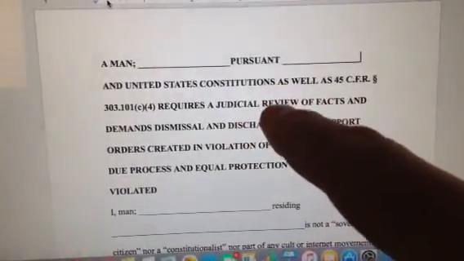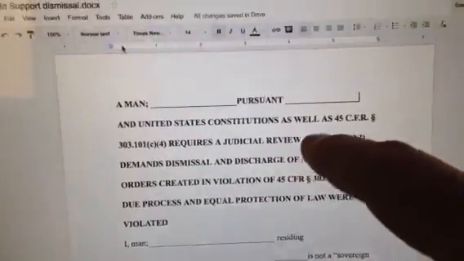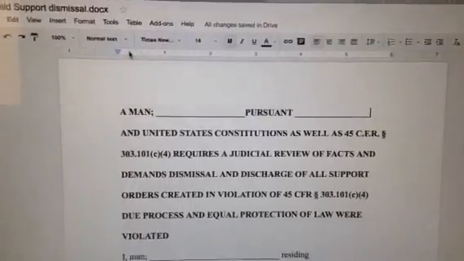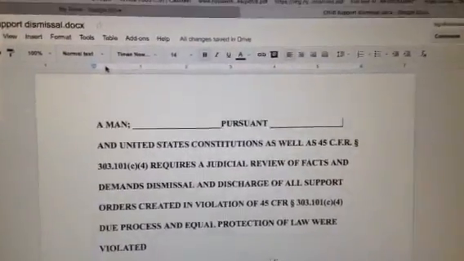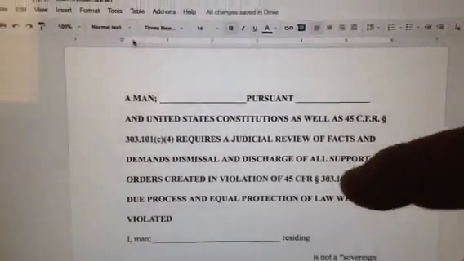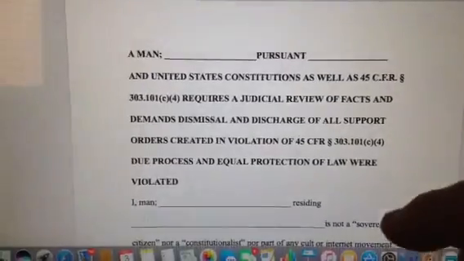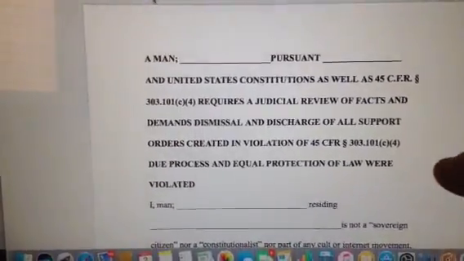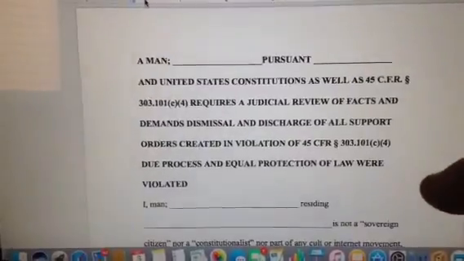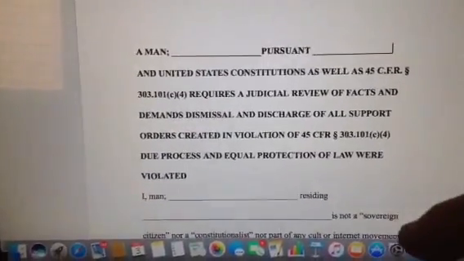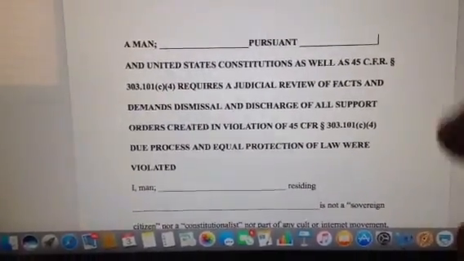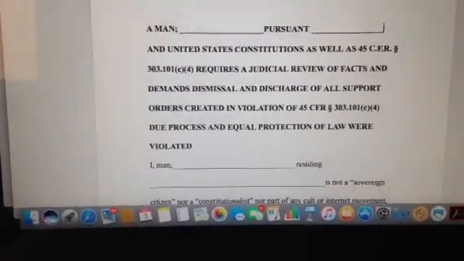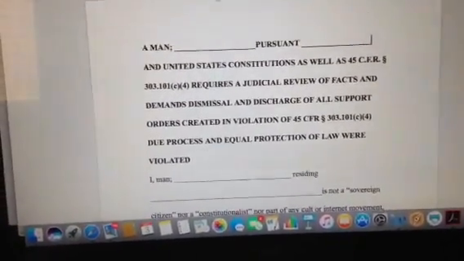Okay. Any declaration you make on a piece of paper with your signature on the bottom is an affidavit. There's a lot of things they call an order, a motion. It's an affidavit. Any piece of paper that you're writing the facts and demanding this and demanding that, with your signature on the bottom, is an affidavit. Okay.